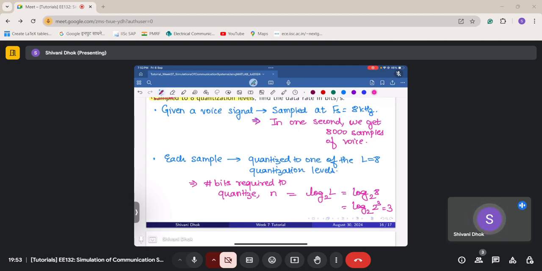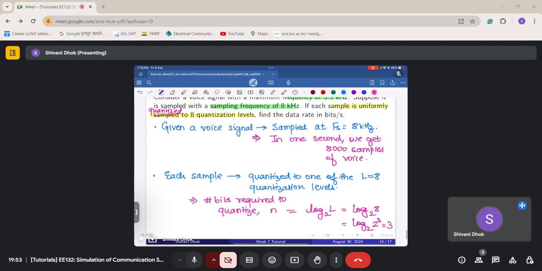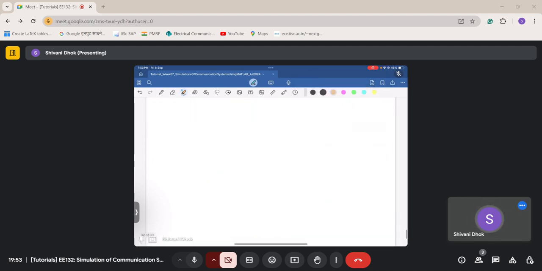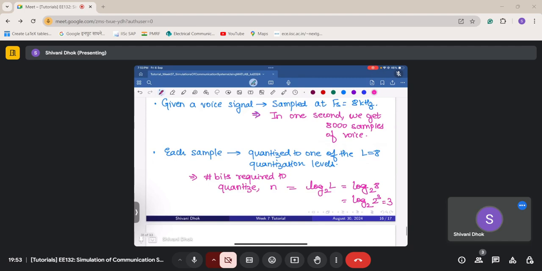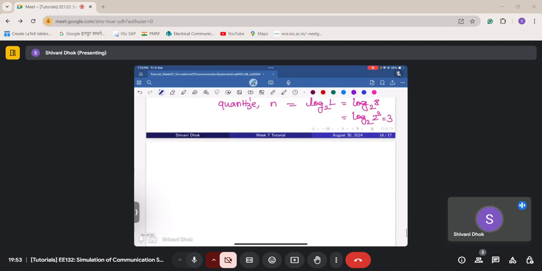So what we have till now is a voice signal in which in 1 second we get 8,000 samples, and each of these 8,000 samples is quantized to n bits. Now what we are asked is to figure out the data rate in bits per second. So from the first point, let me number it, this is 1 and this is 2, from 1 we get 8,000 samples